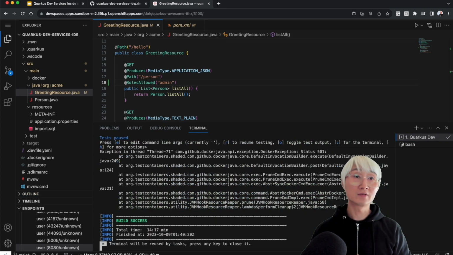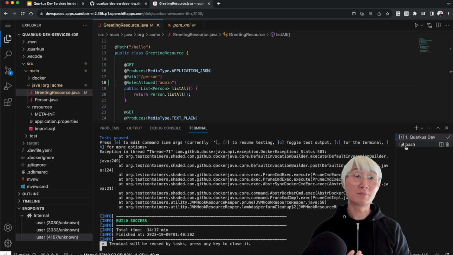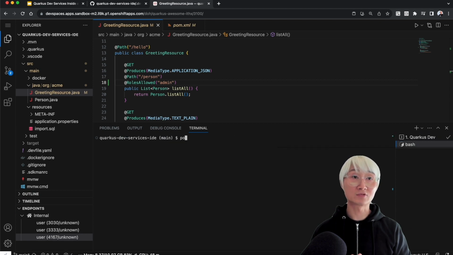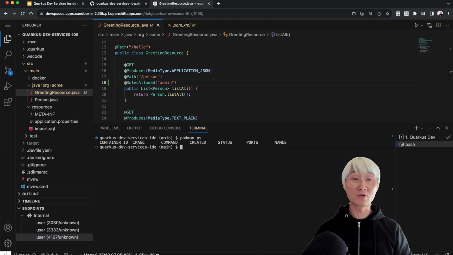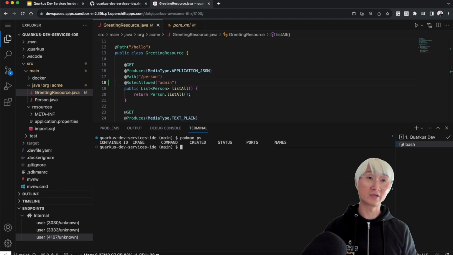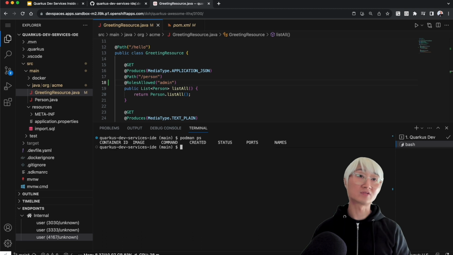All right, that's what I have today. If you stop the Quarkus demo and then go back to another terminal and check the running processes, you can see that all running processes are automatically terminated and deleted. Whenever you stop the Quarkus demo, it automatically stops all dev services,